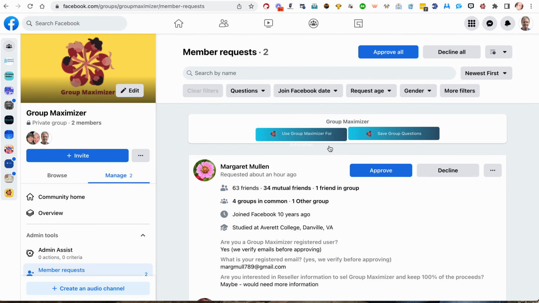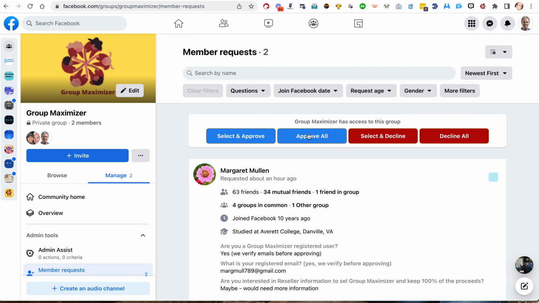Now, the very first time you use this, you have two steps to do. Normally you'll only have one. We need to hit Use Group Maximizer for this group. Now it has given access, and I'll show you what that does. All right. And then we need to go out of this page, or just refresh the page,